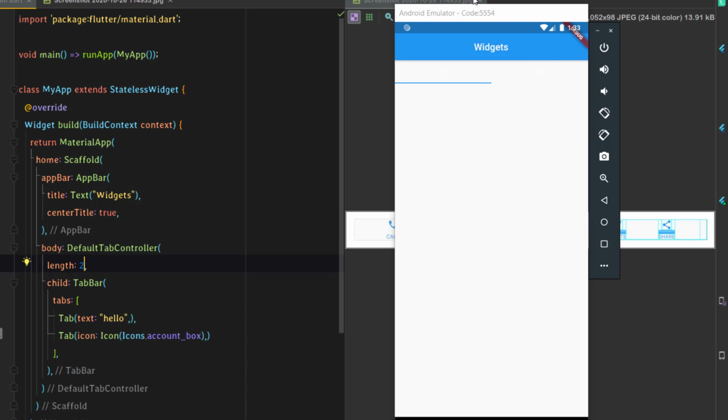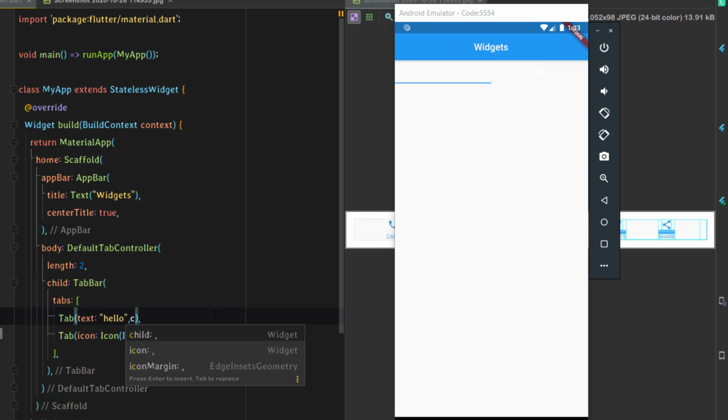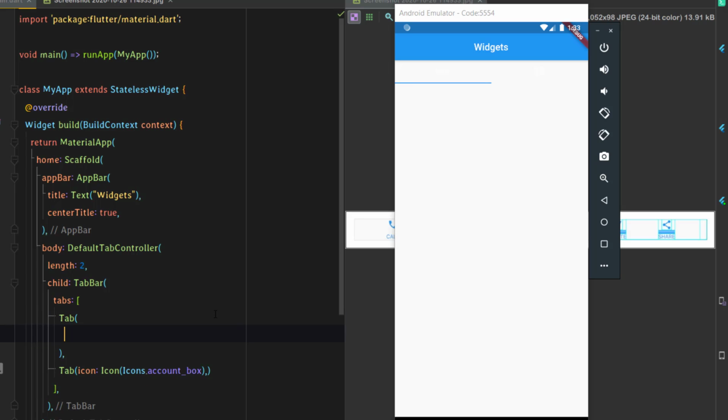And we have two tabs now. One has a text and the other has an icon. We are not able to actually see them, so what we can do is we can just check if we have a color widget, or we can just add a child basically to this. So we'll just add a child so that we can add a container and we can add gradient to it, and even the radius. It's gonna look cool.